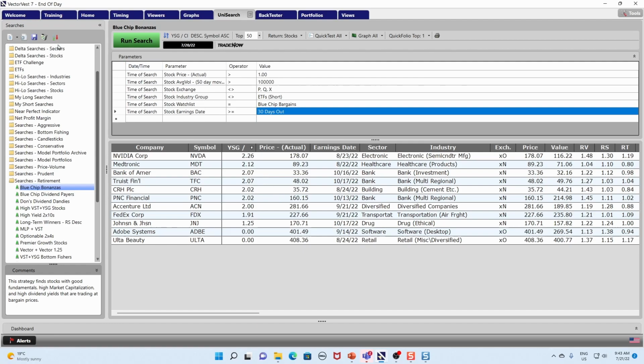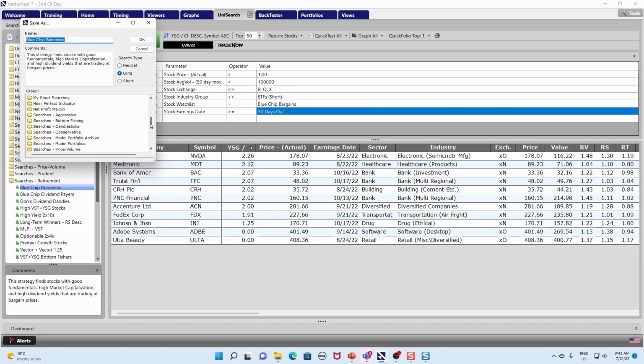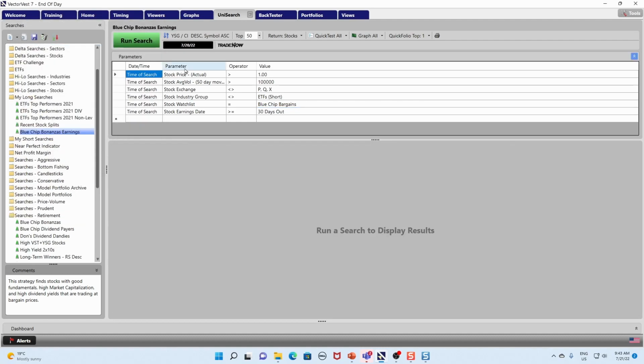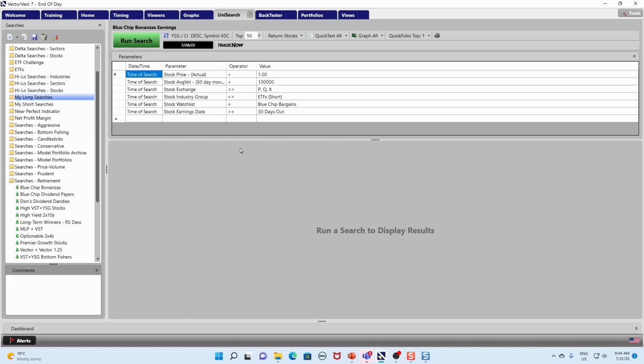And I can save this search if I like. Just click on the save icon up at the top left here and click on save as if I want to save it to a search folder like my long searches, and it's a long search. Give it a name, for example, with earnings, and then click OK, and that will save it. And that first search we set up you can save as well, and then you're all set for the next time. All right, so that's the second top way that we can find those earnings dates, and the last one